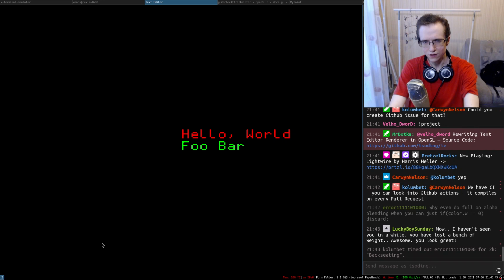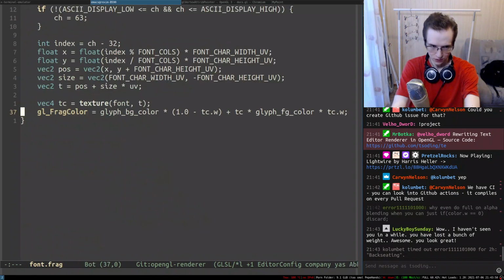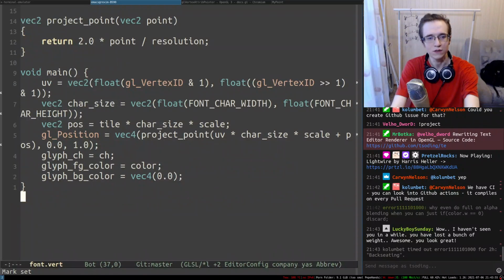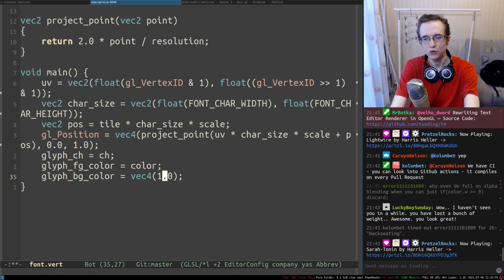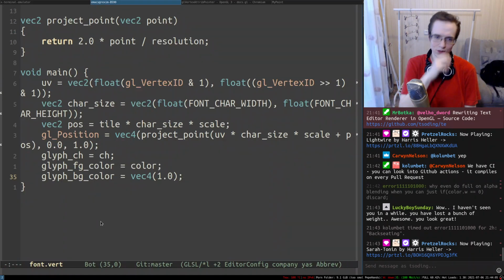Okay, so overall it seems to be working, right? But now, can I try to set the background color to something? In the vertex, let's set it to white. And it didn't work. Yay! That's super cool, actually. I really like the fact that it didn't work.